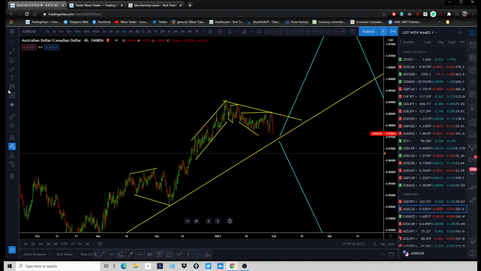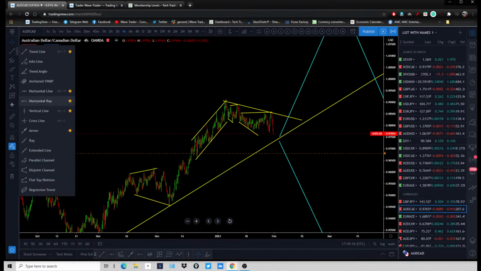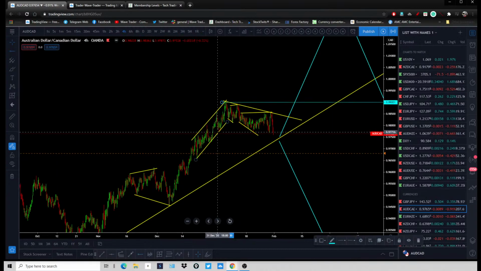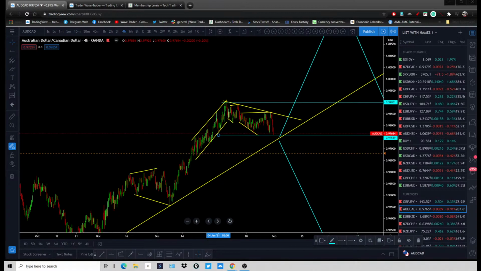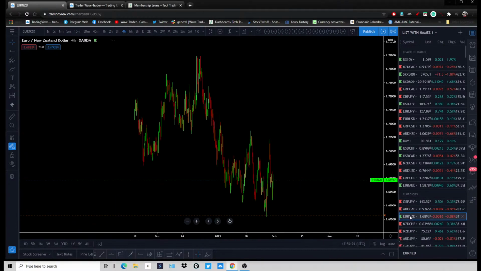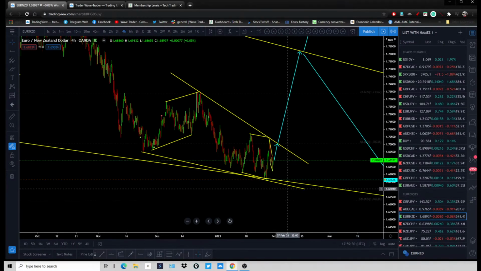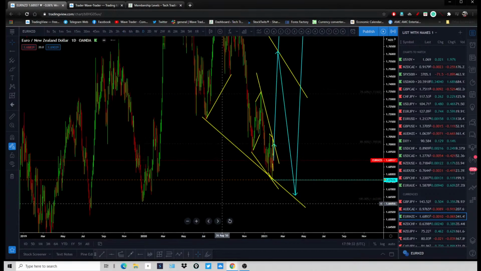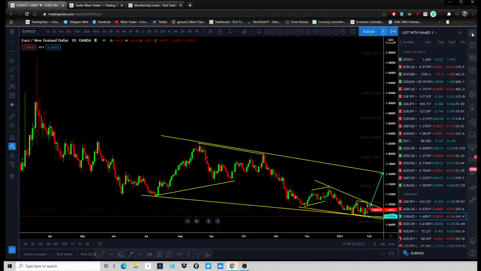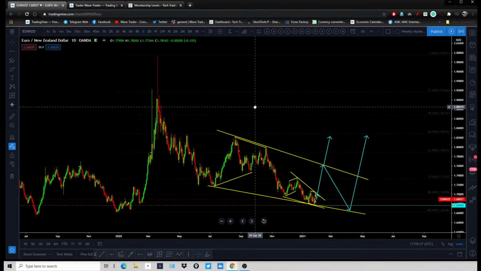support and resistance areas. When price tests the resistance, you're looking for a sell. When price tests your support, you're looking for it to hold and go back up, and then again from that top to drop. So that's the Aussie CAD, that's the New Zealand. There are going to be opportunities on this chart for next week. That's the structure, that's the